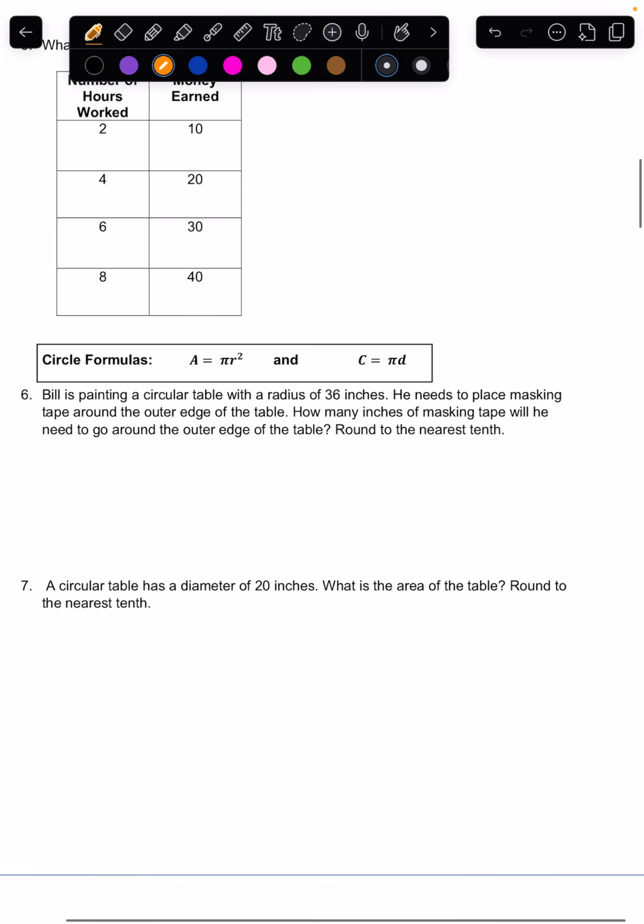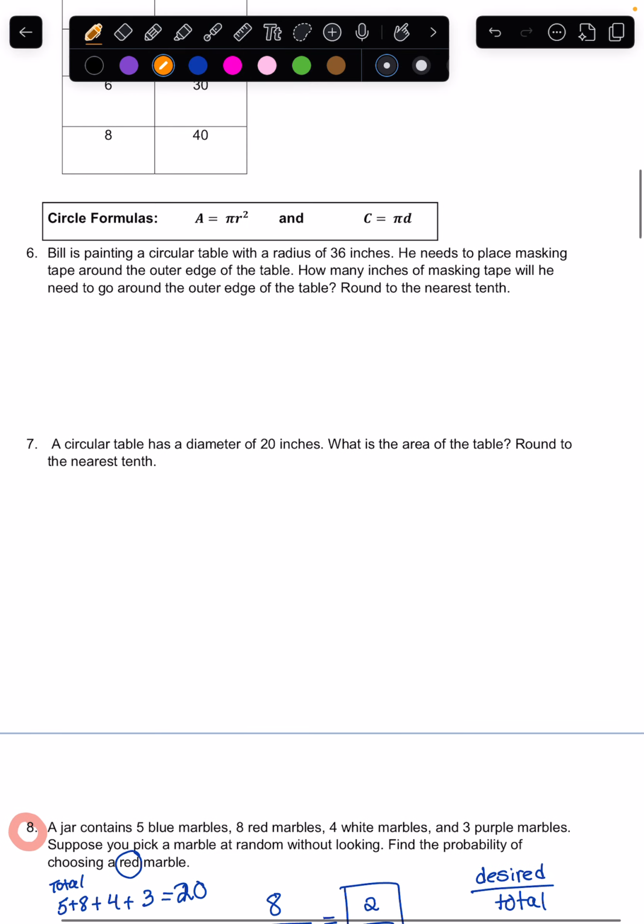So for example, number 6 on our practice final, Bill is painting a circular table with a radius of 36 inches. He needs to place masking tape around the outer edge of this table. How many inches of masking tape will he need to go around the outer edge of the table? Round your answer to the nearest tenth. So the important thing is that we're talking about something going around the outer edge. So if I draw my circle,